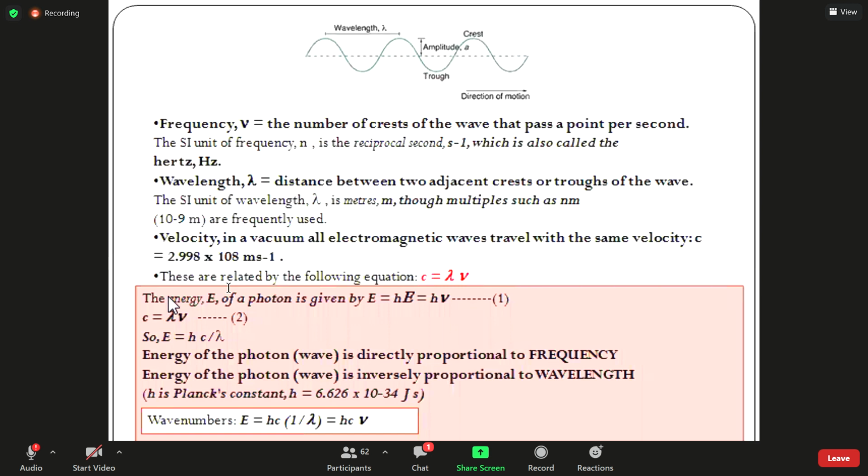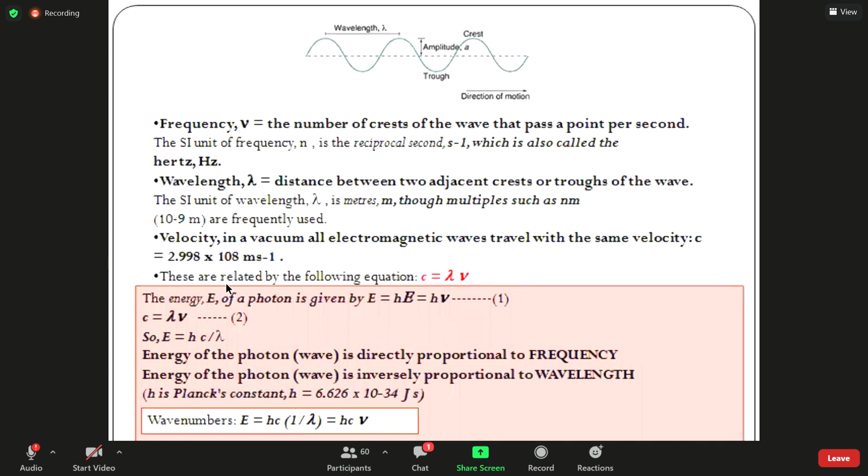Another thing, the expression of energy is also known to you, I guess, because suppose a photon is electromagnetic, it has both mass and energy. So the energy of a photon is given by this formula, E equal to h into nu, where h is the Planck's constant. Do you know that? h is the Planck's constant.